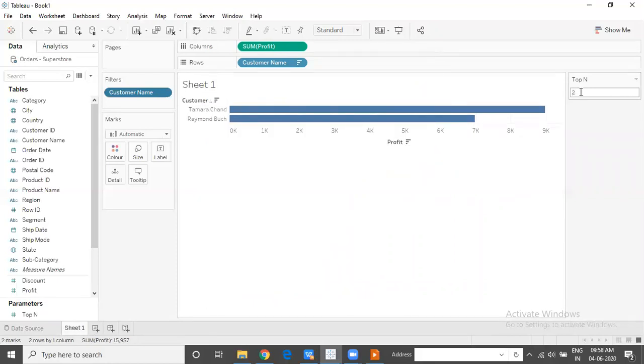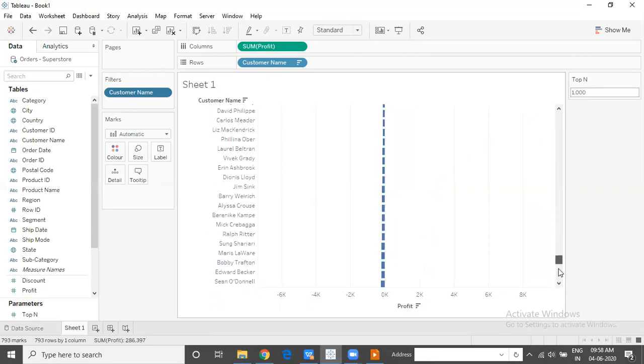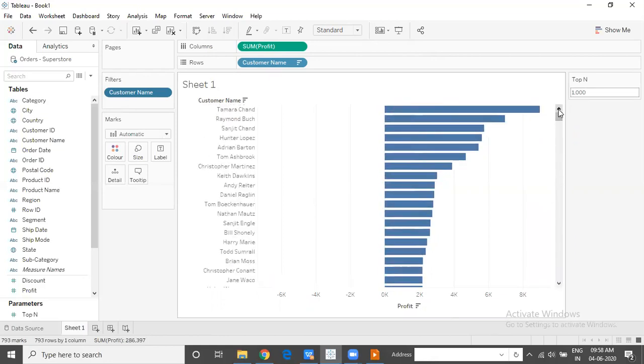Because we have allowed all values, Tableau will accept any value that you give, provided we have that many data points. Suppose I go ahead and give 1000 here. It doesn't mean Tableau can show me 1000 data points, because Sample Superstore is a business where we have 793 data points, or 793 customers. When we have only 793 customers, Tableau can definitely not create hypothetical customers and display 1000 simply because we asked it to do so. So you will see that Tableau will show you only 793 customers. All right, so this is what happens when you allow all the values.